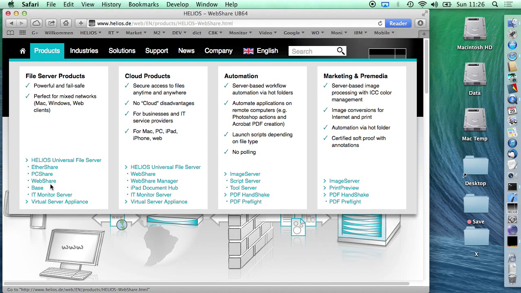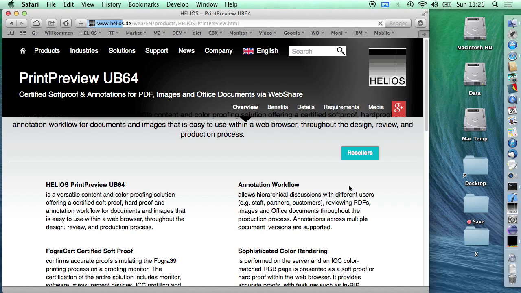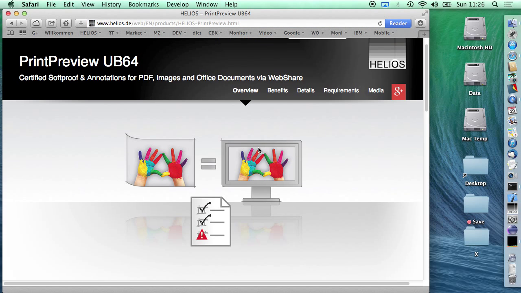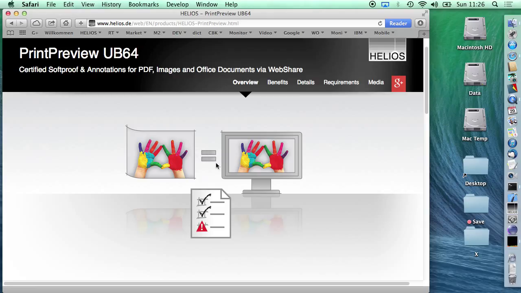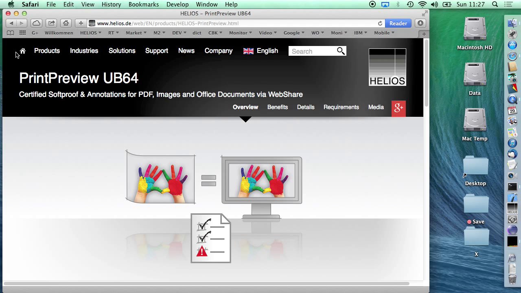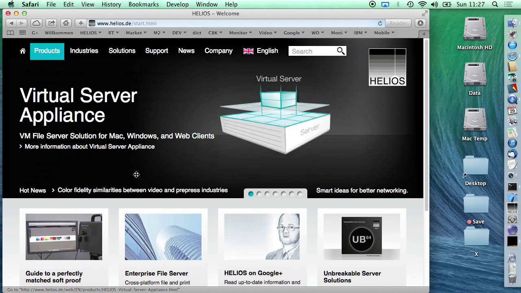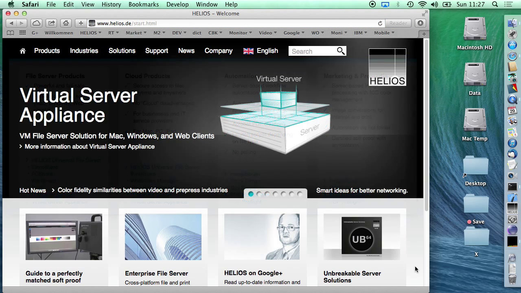Let's check the print preview solution. Here we have a remote proofing option where the monitor shows what gets printed or produced later on paper or electronically, and we have an annotation system built in. This video is specialized only on the features that are new, and by the way, we have here at the end of our website